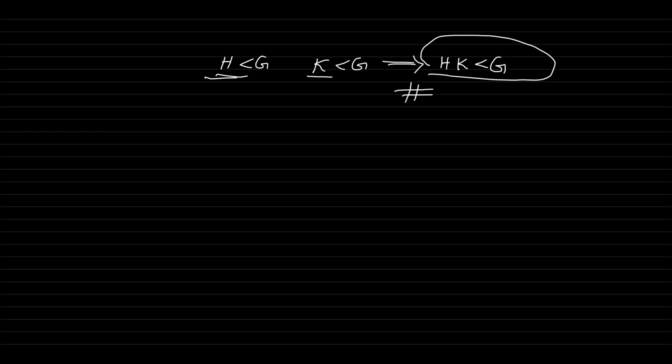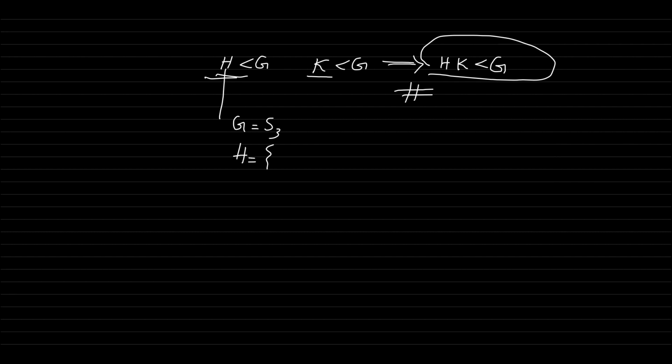Next question is: suppose H is a subgroup of G and K is a subgroup of G, does this imply that HK is a subgroup of G? This is not true for all H and K. If H is normal, then this is true. If H is normal and K is a subgroup of G, then HK is a subgroup of G. That we have proved. In general, this is not applicable because, for example,